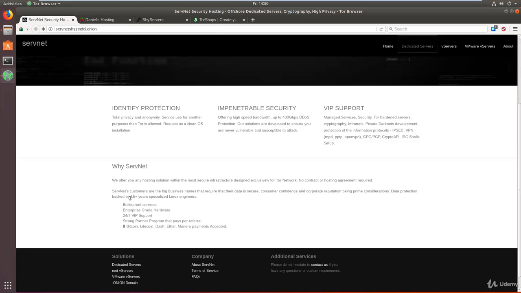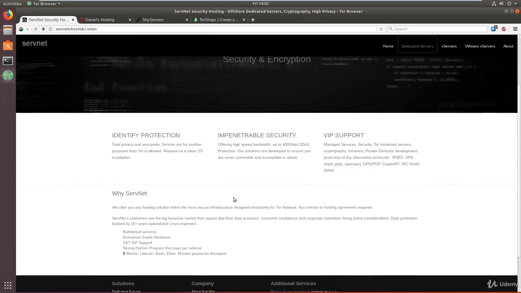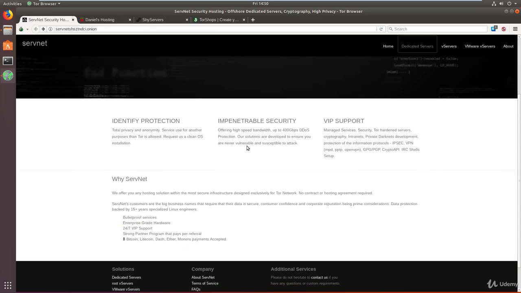As you can see, data protection backed by 15 years of specialized Linux engineers. So again, this is more of a professional level in terms of hosting, and as you can see, you get bulletproof services, enterprise grade hardware, 24 hours of VIP support, and a strong partner program that also offers referrals. You can pay through cryptocurrency in terms of Bitcoin, Litecoin, Dash, Ether, Monero, and those are the options available for